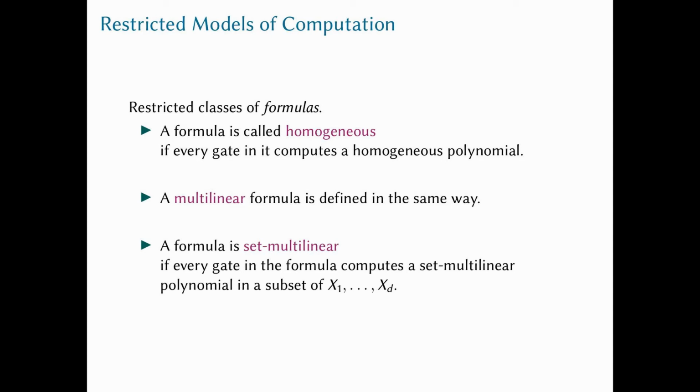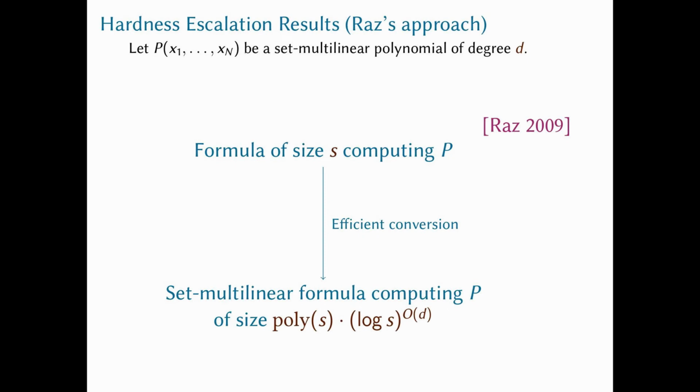So we will consider, in an intermediate step, where probably the degree will be smaller, only a subset of the partition, and we want to be set multilinear with respect to this subset. So what's interesting now with these restrictions, in fact, Raz showed,